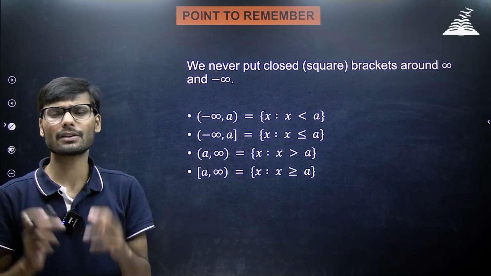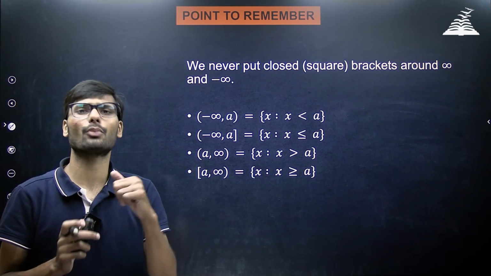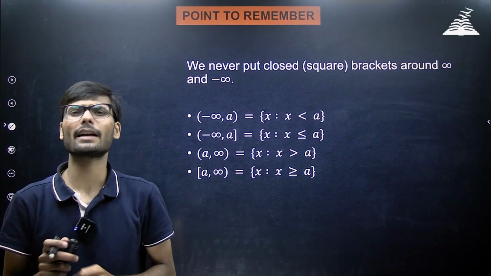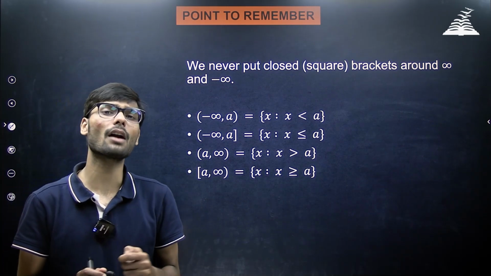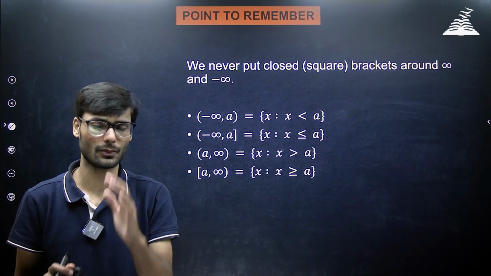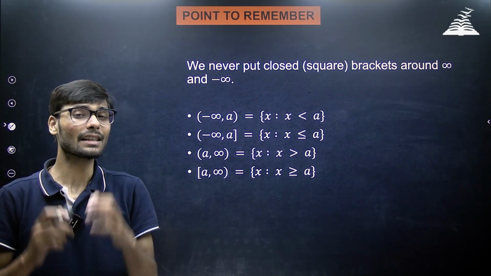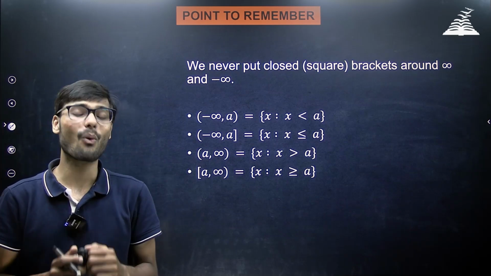So remember the point that we will never be putting a square bracket or a closed bracket around infinity or minus infinity. Keeping these in mind, let's now look at some of the rules that we need to remember